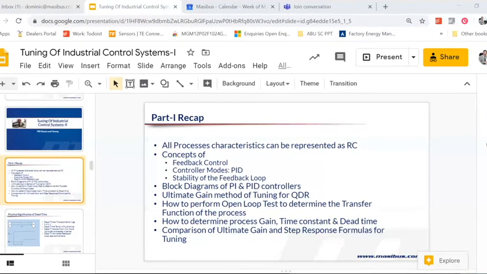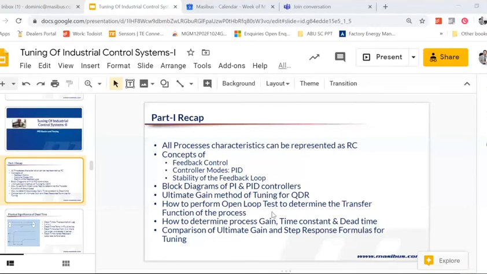F5, sir, F5. Sir, we need to click on request control. My button is disabled, and that is why I can't go to the chat box.